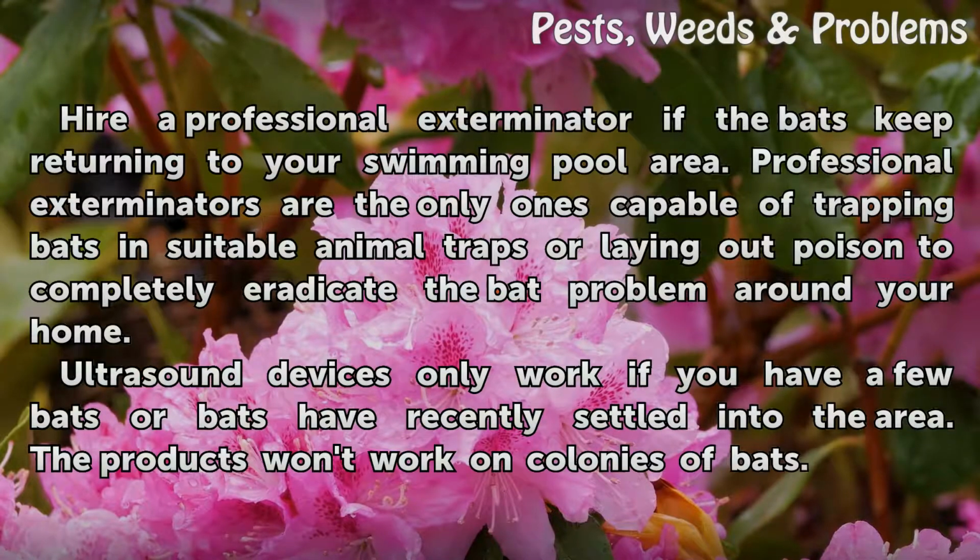Ultrasound devices only work if you have a few bats or bats have recently settled into the area. The products won't work on colonies of bats,